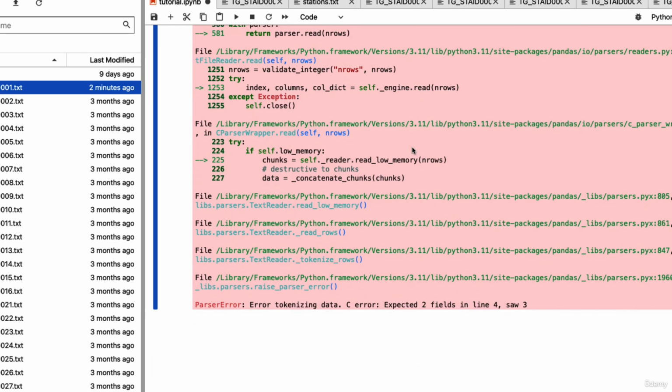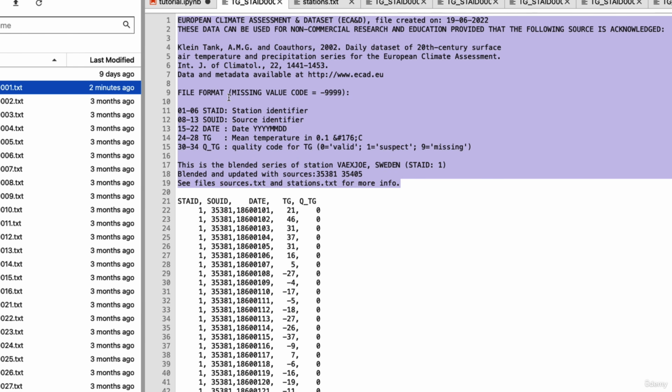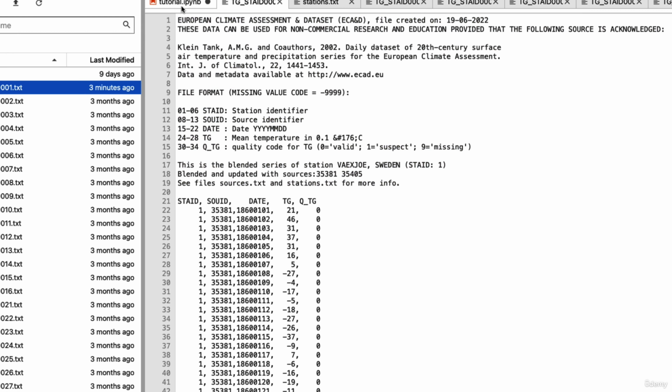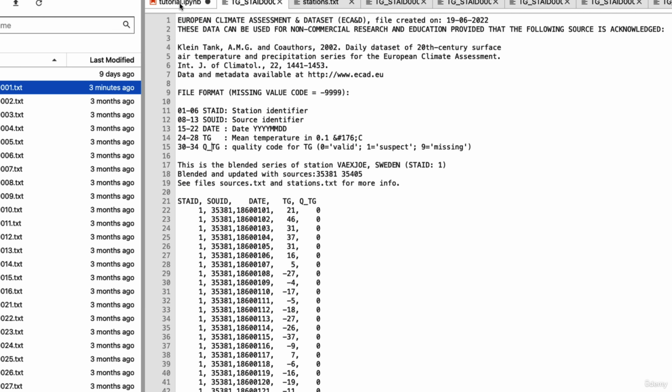And the first thing you will get is an error: Error tokenizing data. This is a common error when pandas is not able to parse the data. It means that the data are not in a well-structured format. And that is true because we have these descriptions here, which are not actual data. Now you have two options. You can manually delete these, which I do not recommend,